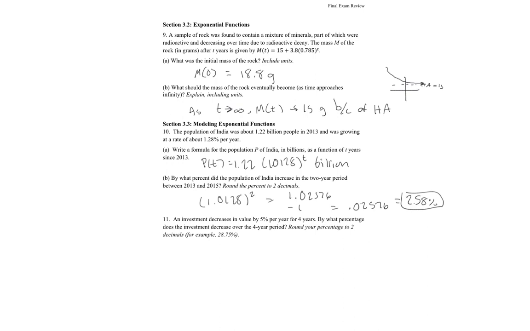All right, so number 11 will be kind of similar to 10b, but it says an investment decreases in value by 5% per year for 4 years, and it asks by what percent the investment decreases over the 4-year period. So that's a decrease of 5%, so we would do 1 plus negative 0.05, right, which would give us 0.95. And then for 4 years, we'd take that to the fourth to find our growth factor, or in this case, our decay factor, which is